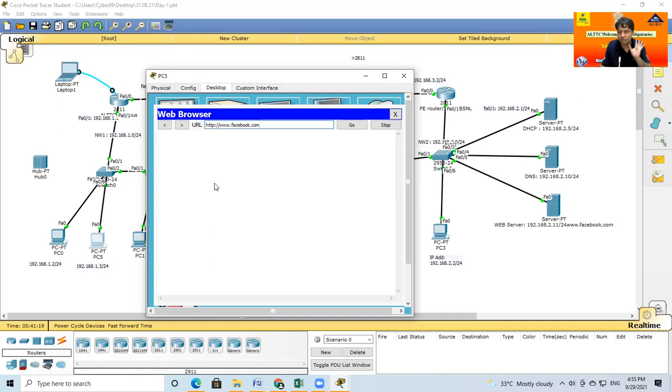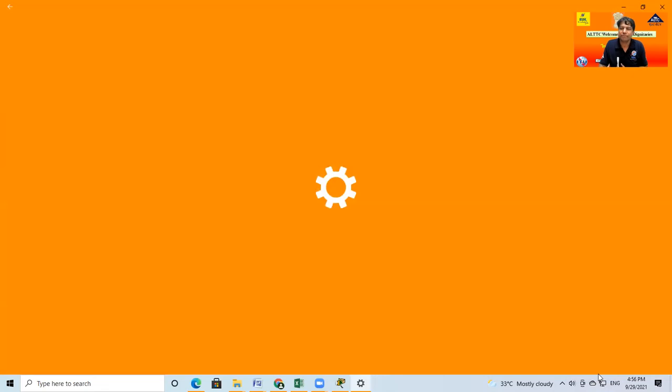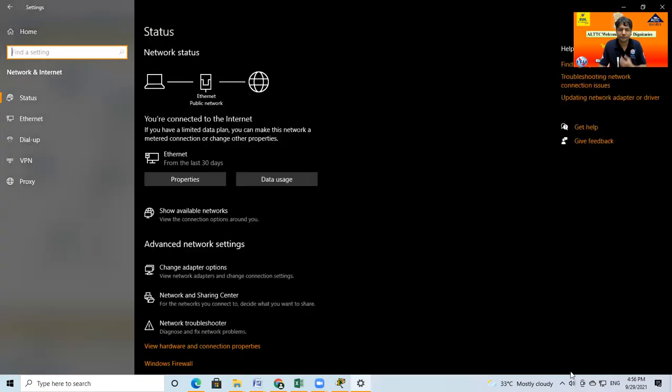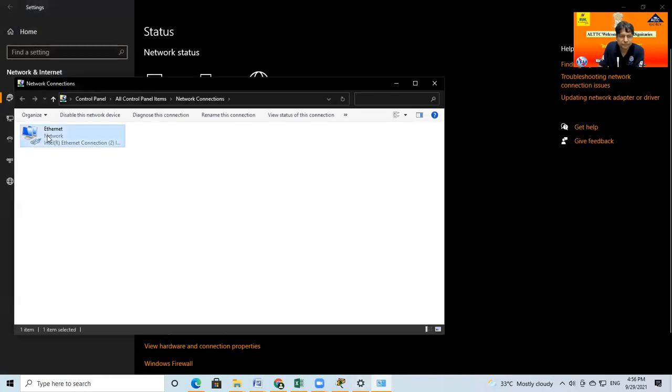Just hold on. Okay, in my real computer, this is my real computer. Click on it, go to the network, change adapter settings, Properties.